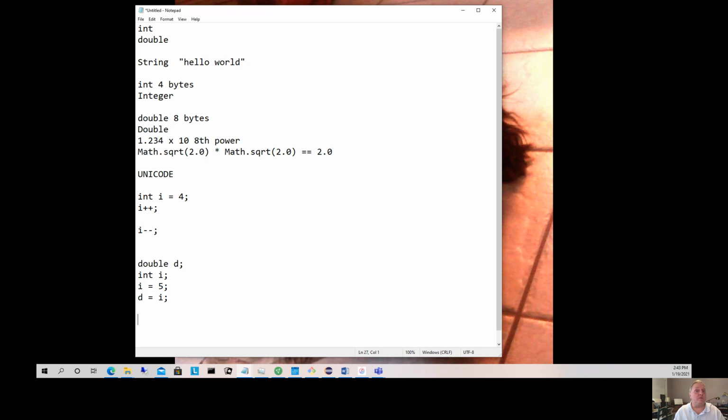However, the reverse is not true. I cannot say int equal d, because the compiler says that double value might have a fractional portion to it, and you would lose that when you assign it to an int. So Java's not going to let me do that. What I have to do is explicitly cast. So I would have to say